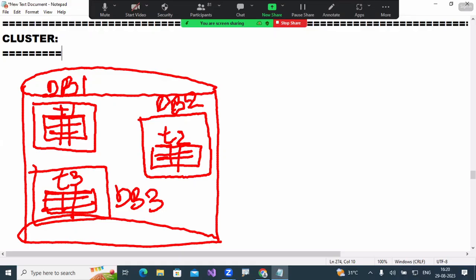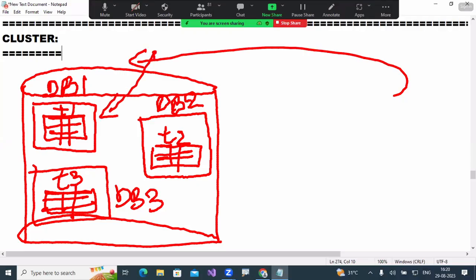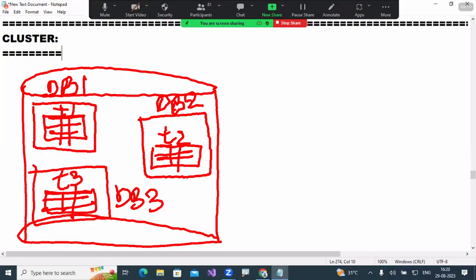Suppose I send my query request like this: select star from T1. I don't have any problem. This request goes to the server, the server goes to that particular table, and the table is sent back to the client. There is no problem. But the problem is when retrieving multiple tables,